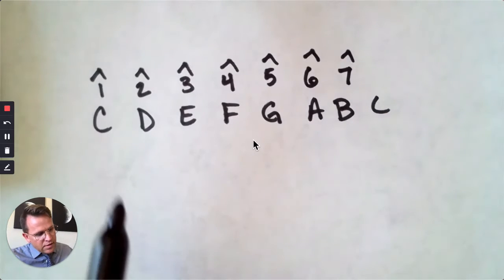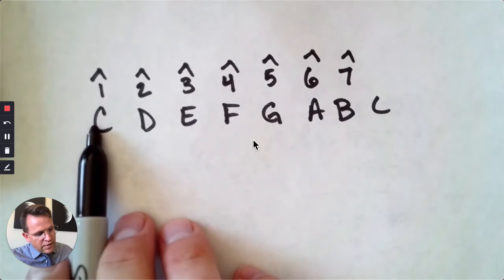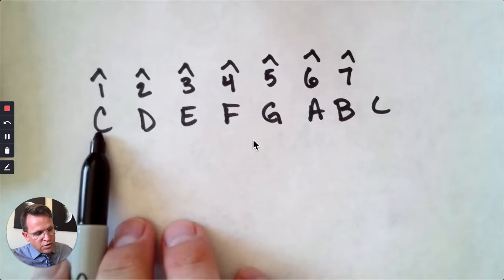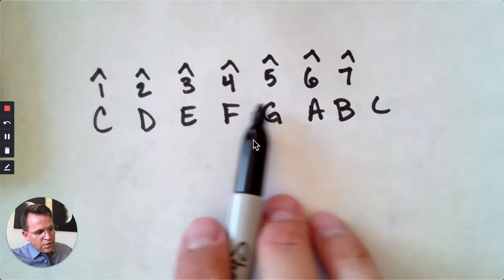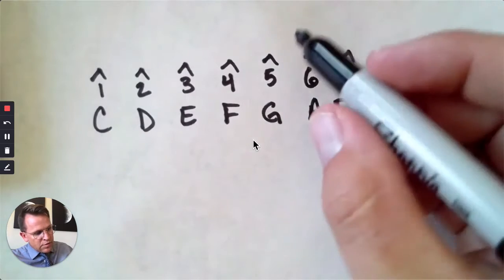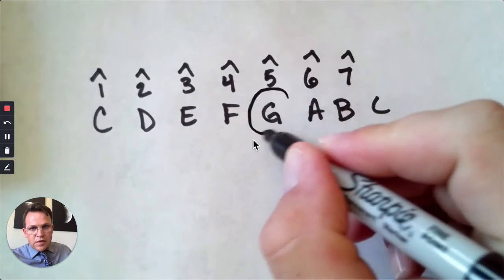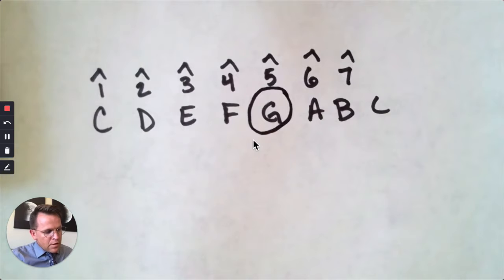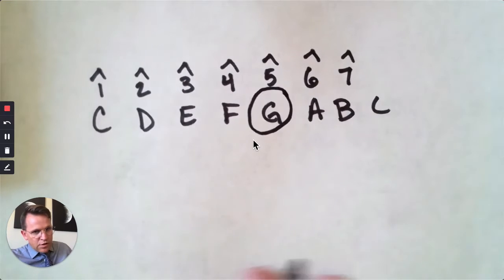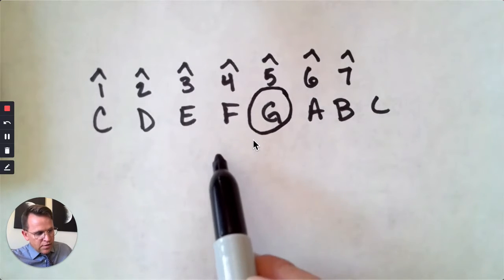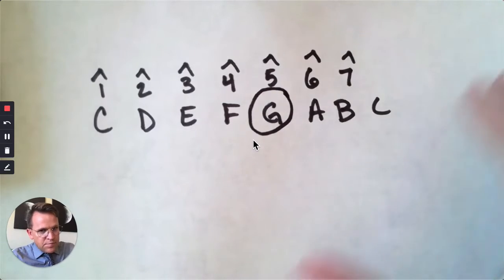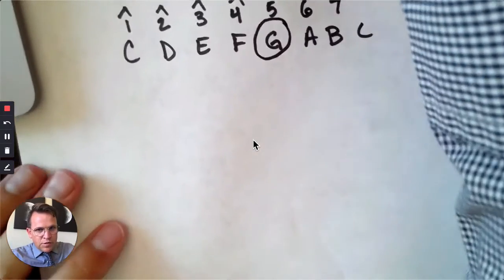Now as I look at it, I can see that I have my tonic, or my starting pitch, and then I have these other scale degrees. The circle of fifths is going to be referencing scale degree 5. Okay, so let me draw a little circle here, and we'll go ahead and create a circle of fifths and see if we can understand what's going on.